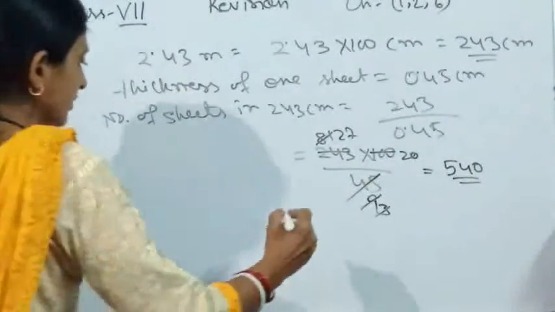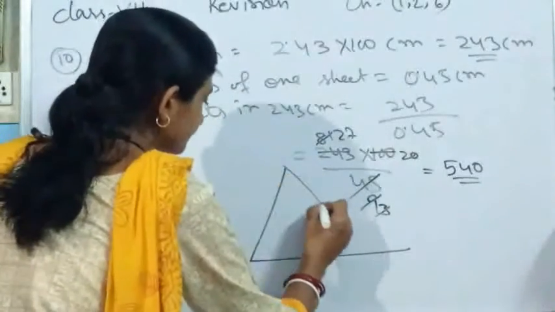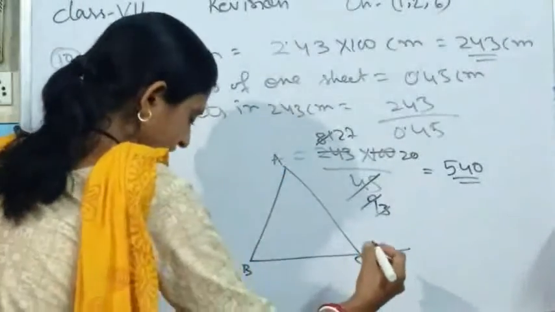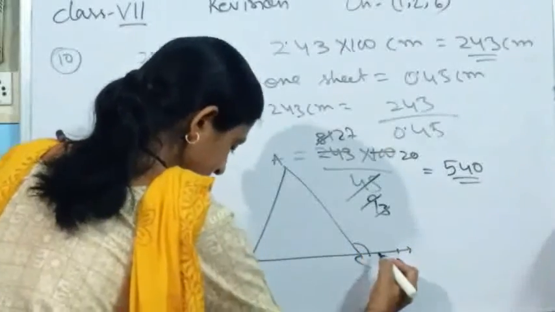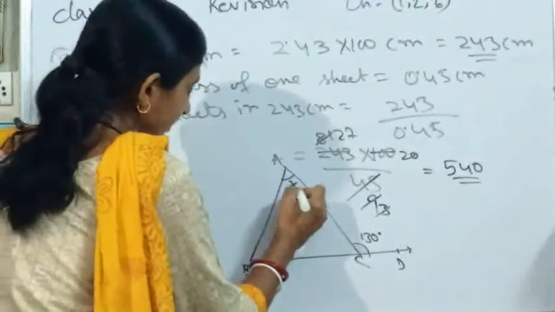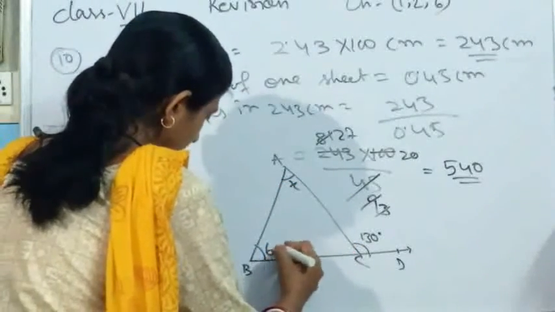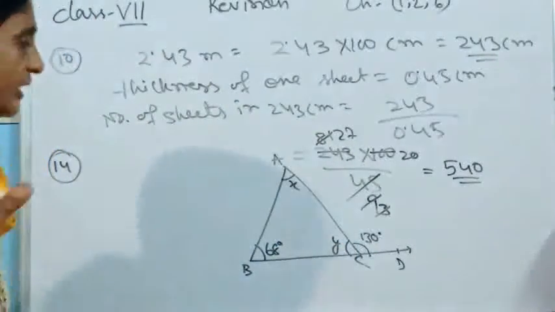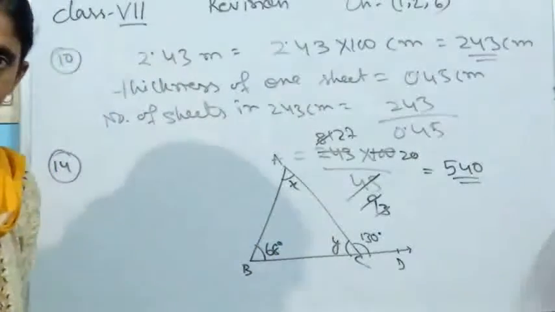One diagram has been given, the draft diagram has been given. It is one triangle ABC. Let it be, this is A, B, C, and this one is a point, that is D. Here this angle has been given 130 degree. Okay, now here this angle has given X and that one has been given 68 degree, and this is equal to Y. Okay, that much has been given. Now you have asked the measure of X and Y. Yes, clear?